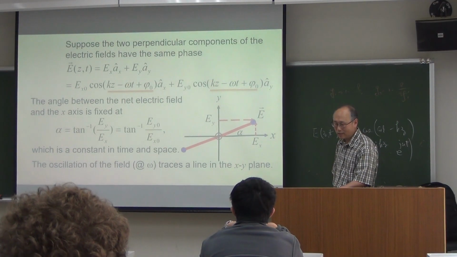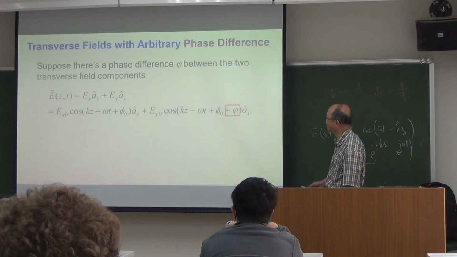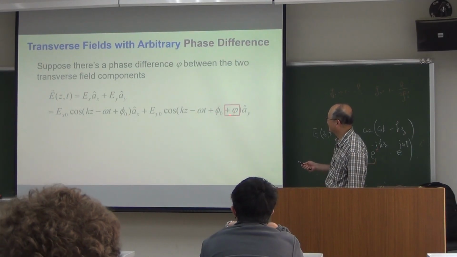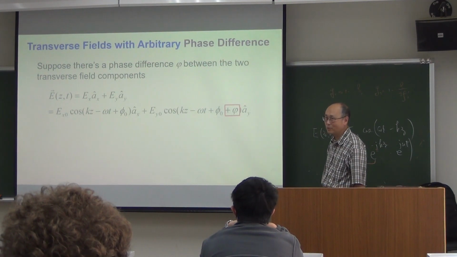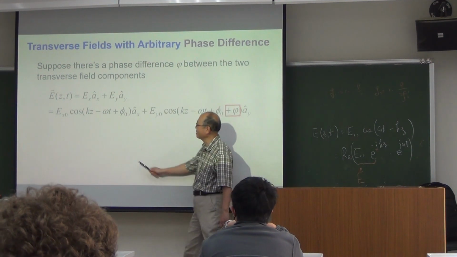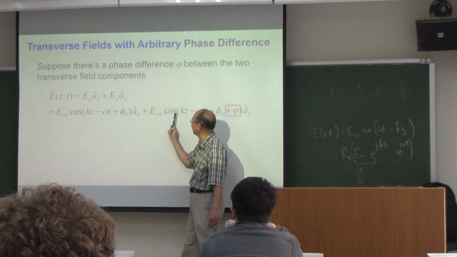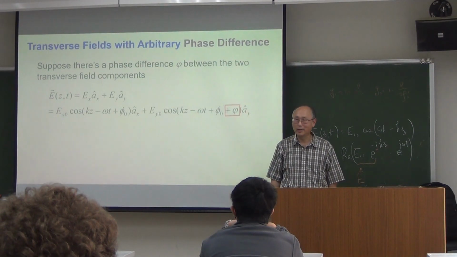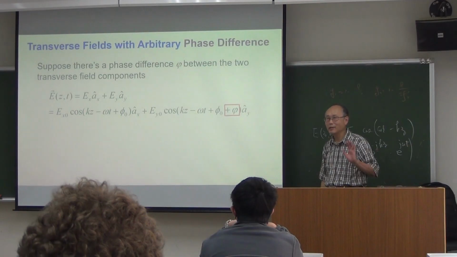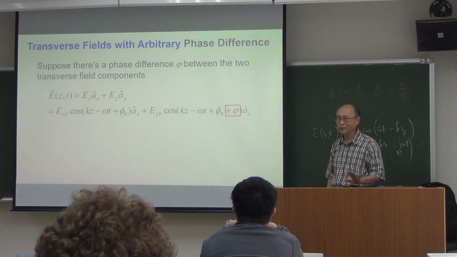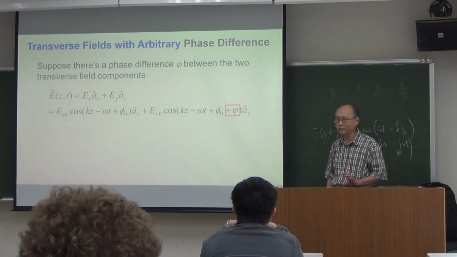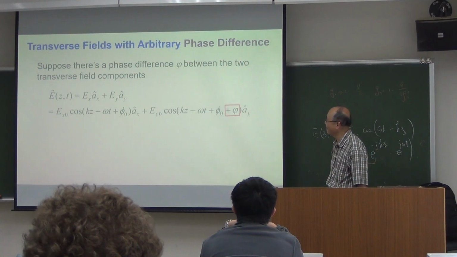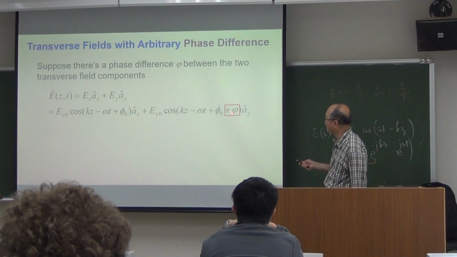Let's add one more degree of freedom, with some arbitrary phase difference between these two terms. While at this moment I'm still adopting I notation, I put this kz in front of the omega t, okay? But adopting I notation up to this point does not change the physics, does not change the discussion we had before. Now, let's add this phi, an additional phase, to this